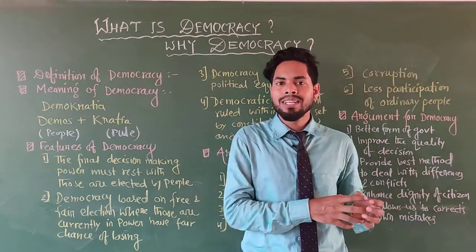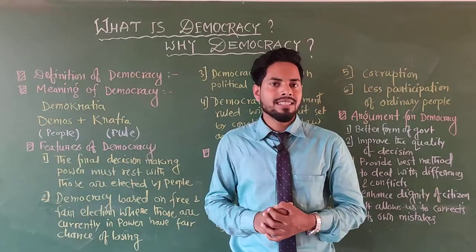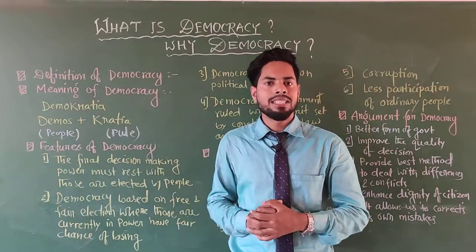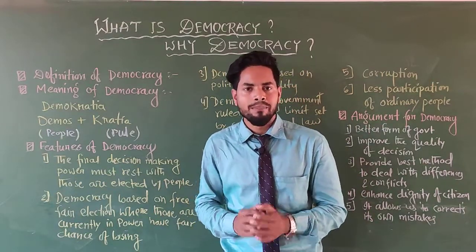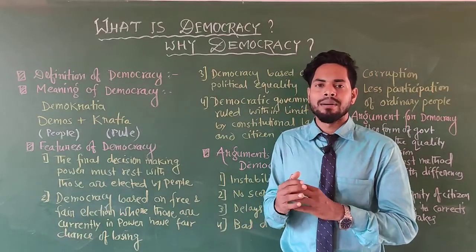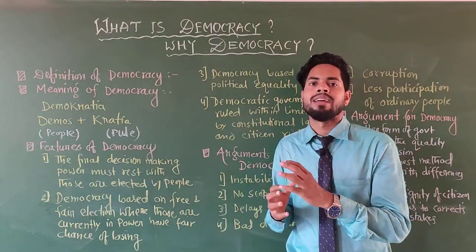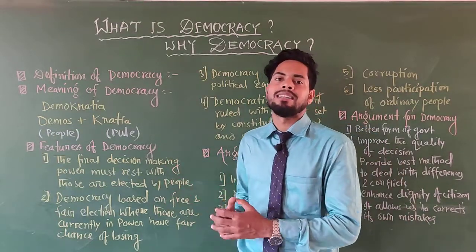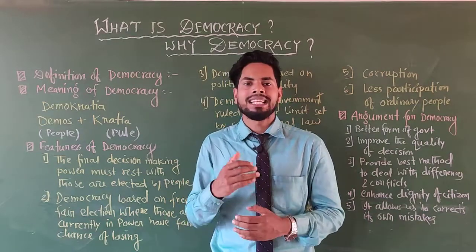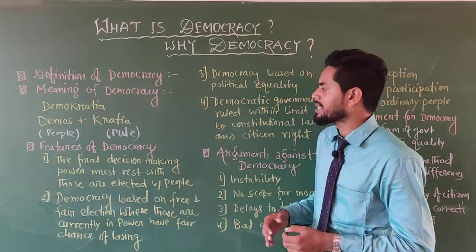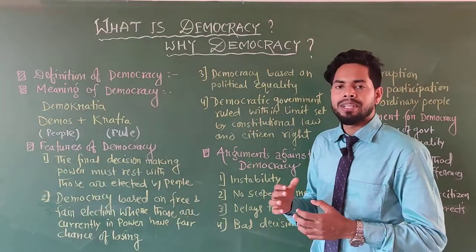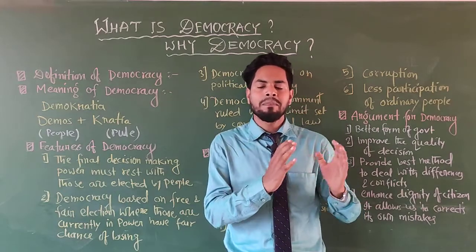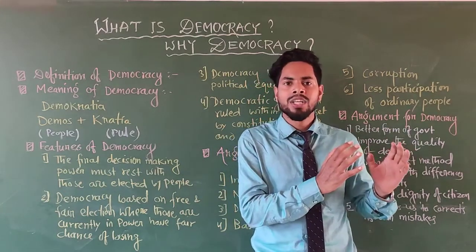But in non-democratic government, the king takes the final decision, and in dictatorship, the army chief takes the final decision. But in democracy, the final decision making power must be with the leader who is elected by the people, elected by us. Next, the second feature of democratic government is that democracy is based on free and fair election,